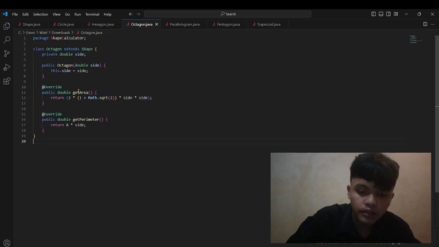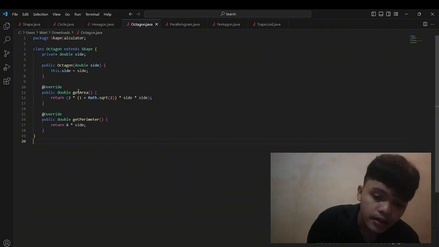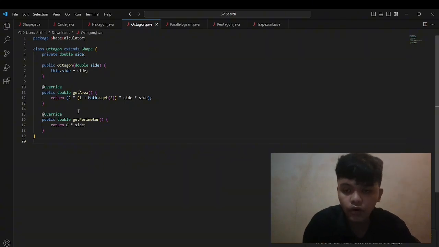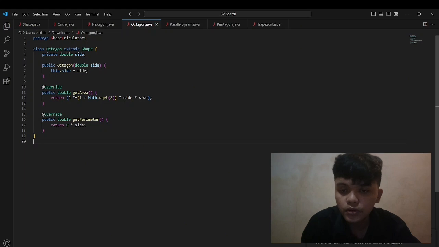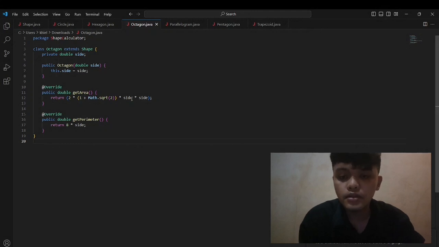Then the getArea method is overridden to provide a specific implementation for calculating the area of the octagon, which is return 2 times 1 plus Math.sqrt(2) times side squared.